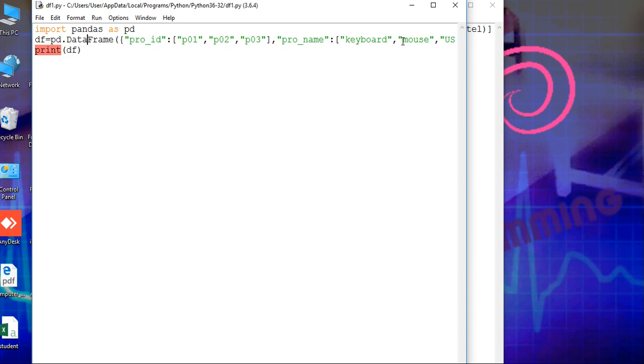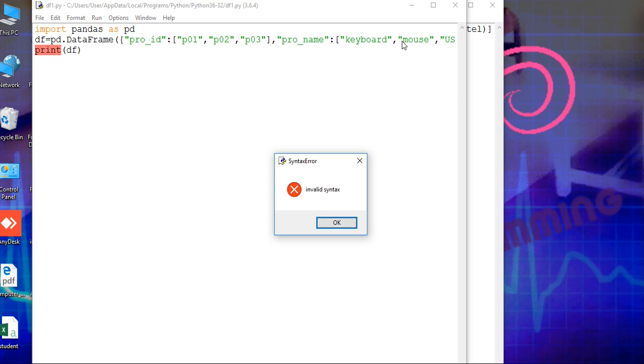pd dot DataFrame, product ID, product name and price. First error, invalid syntax.